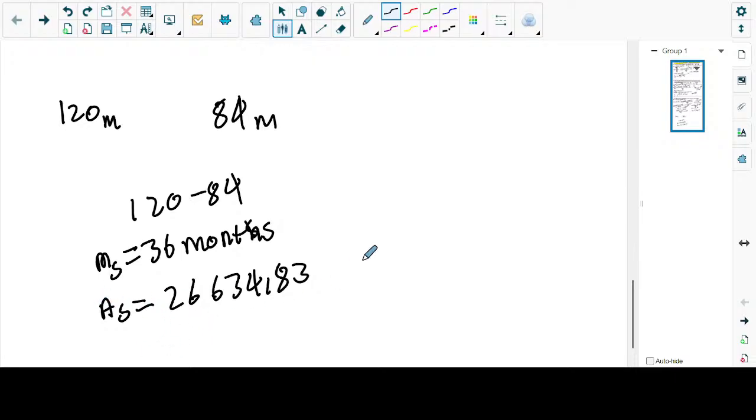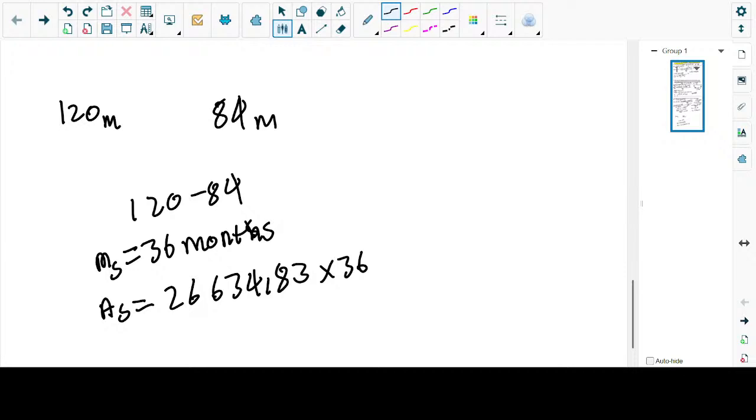So what do we do now? It's 26,634.83 multiplied by the 36 months that we didn't pay. This one is going to tell us how much money we saved. Because the months we didn't pay, not 34, it's 36. You said 120 minus 84, so it's 36. Now, how much money did we save by multiplying it by 36? The answer is